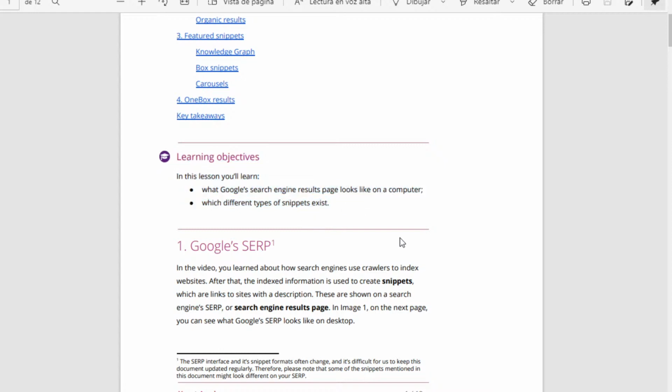Learning objectives. In this lesson you'll learn what Google's search engine results page looks like on a computer, which different types of snippets exist,